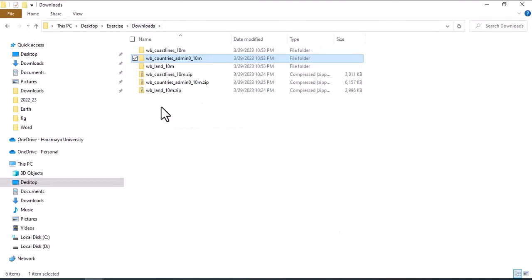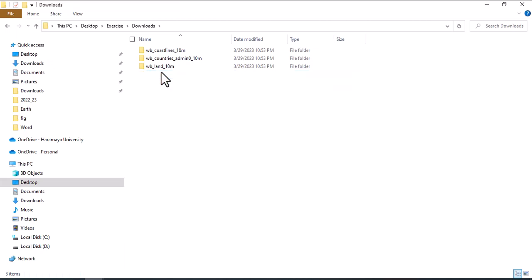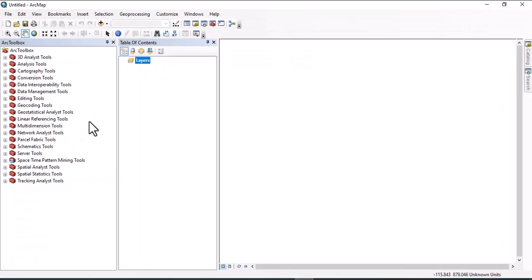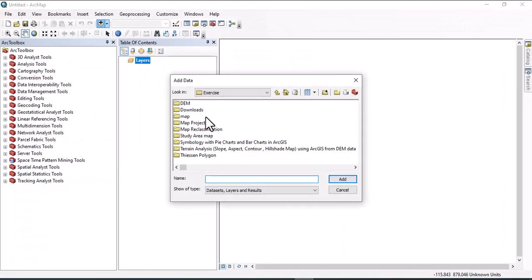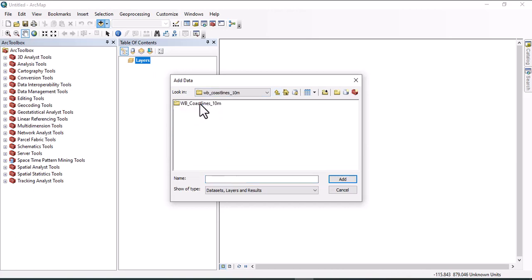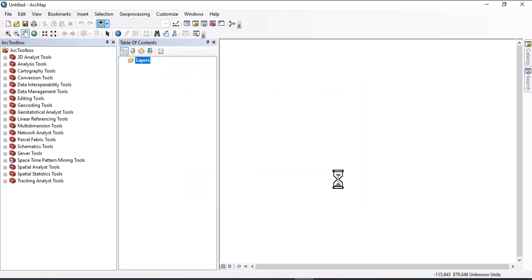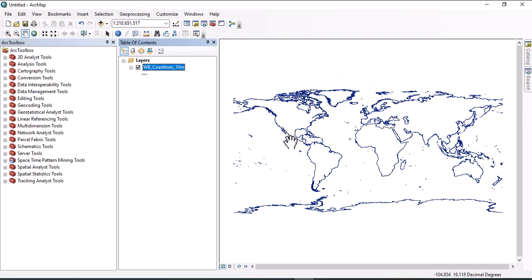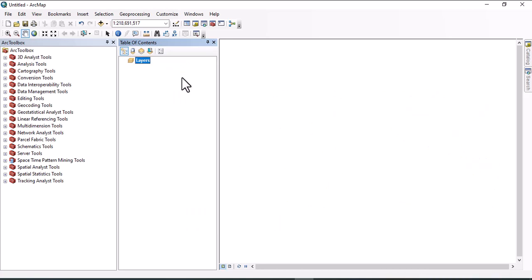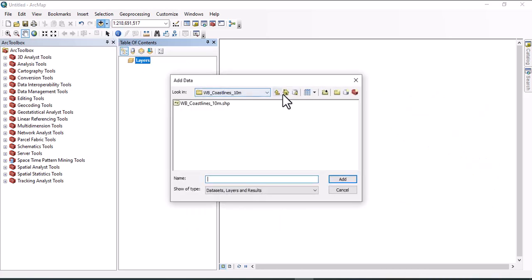Once we extract all folders, I remove the zipped one, and let's open those data in ArcGIS. To open those data in GIS, we have to open ArcMap, and this one is ArcMap. So let's open those data. Download coastal lines, add. So this map shows the world coastal line, and I remove this one and import other data that we download